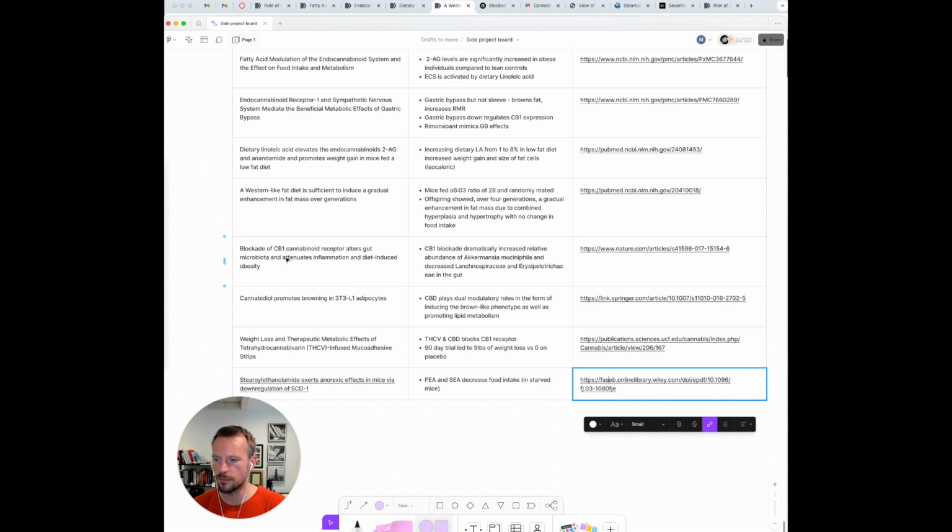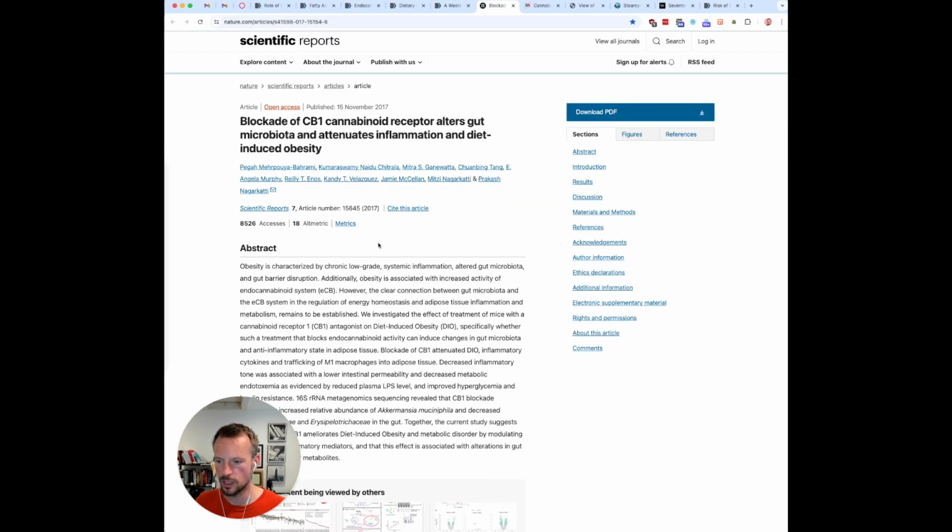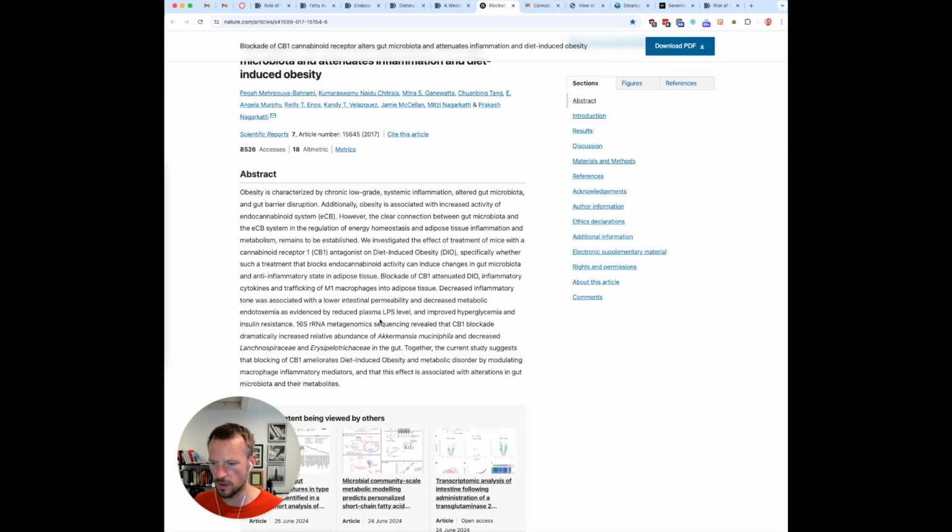So then we came here. Blockade of CB1 cannabinoid receptor alters gut microbiome and attenuates inflammation and diet-induced obesity. That's this study. They block the CB1 receptor, and what they found was a dramatic increase in the relative abundance of Akkermansia, one population of good bacteria in your microbiome related to GLP-1 secretion when you eat, and a decrease in 2 other populations known as bad populations in your gut, which is mental to me, that we block a receptor in your brain and organs and your gut bacteria